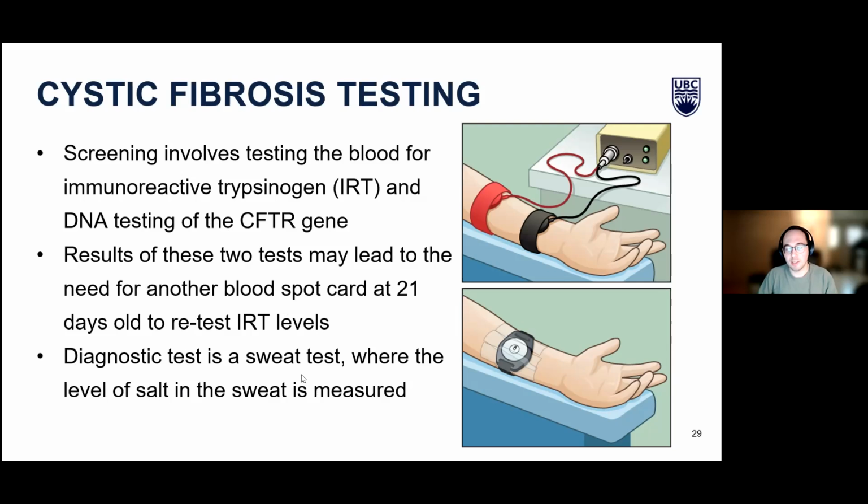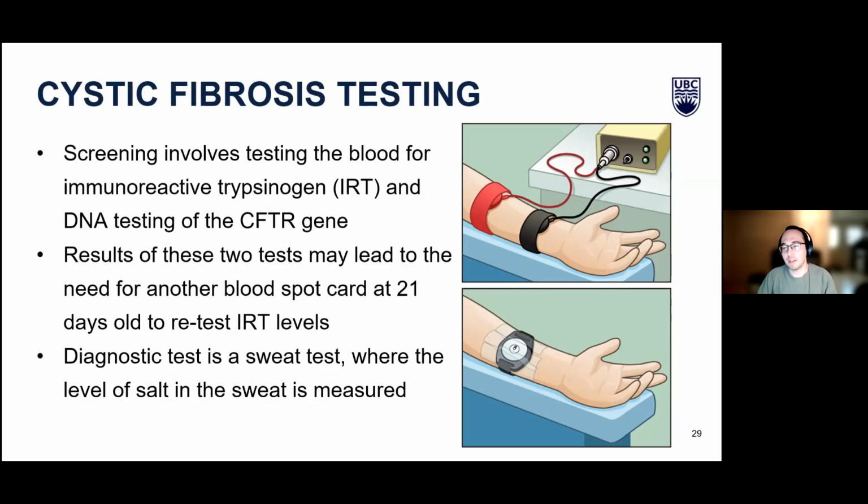The diagnostic test for cystic fibrosis is called a sweat test. This diagram here on the right is showing what's happening with the sweat test. Essentially, 2 electrodes get placed on the arm. One of the electrodes will have a special